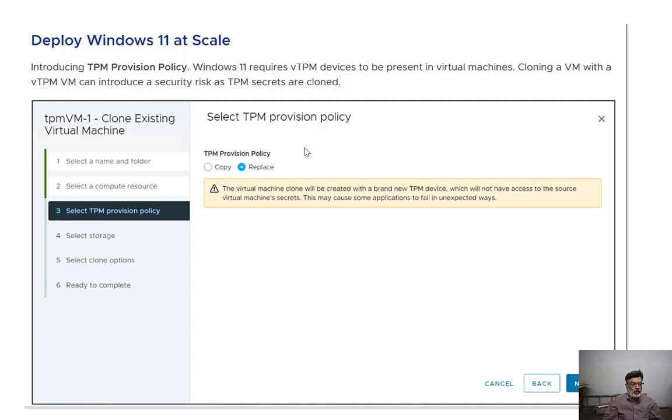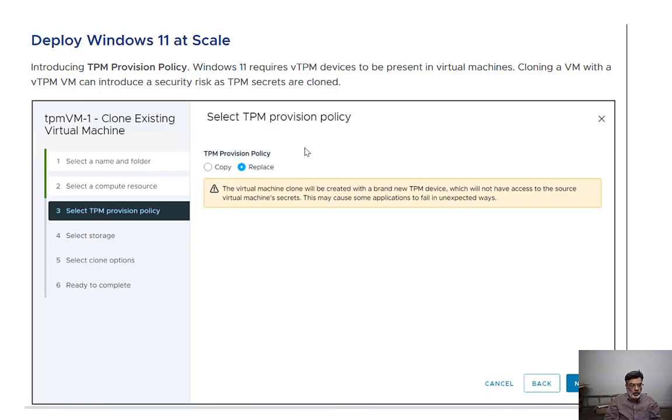What other new features are present in 8.0? Version 8.0 introduces the TPM provisioning policy. Windows 11 requires vTPM devices to be present in the virtual machine. Cloning a VM with a vTPM can introduce security risks. For example, in cloning we make a duplicate copy of the machine, but if we duplicate Windows 11, the TPM is also duplicated.